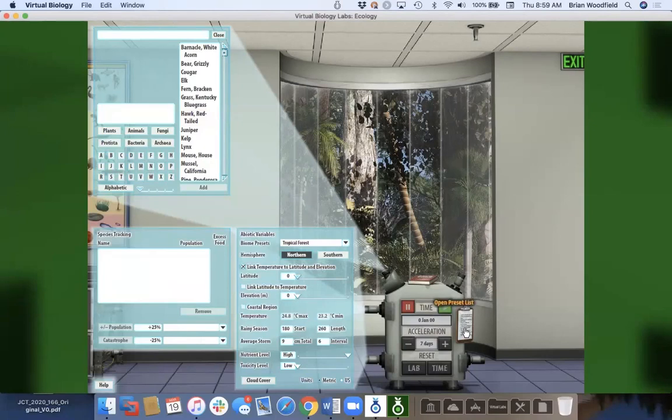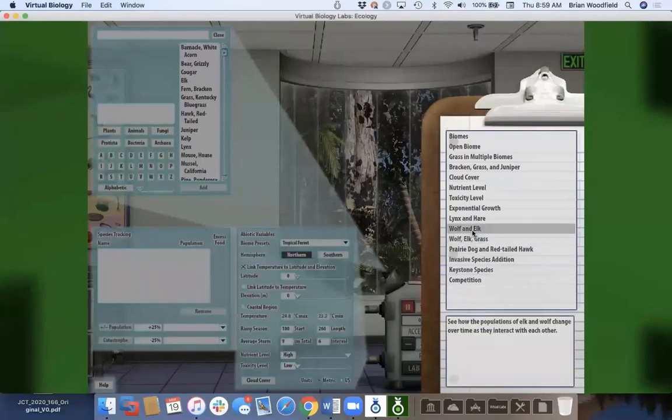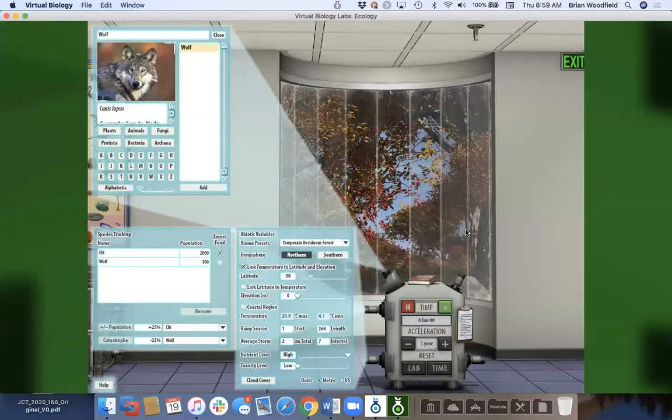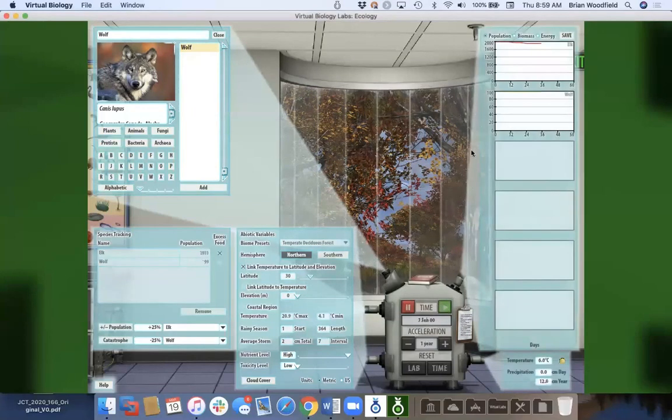But again, we have these presets. So let me show you a classic wolf and elk. So in this preset, I'm in a temperate deciduous forest, and I have elk and wolf. My initial populations are 2,000 elk and 100 wolf. So what happens? So I click time, and the simulation starts, and I'm tracking over here the,